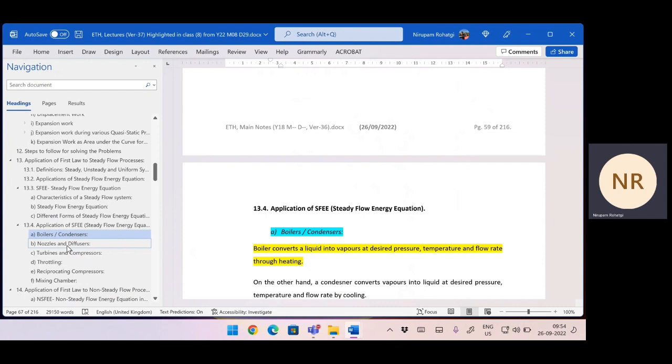you know why in a boiler you take work done as 0, why in a nozzle you are not talking about thermal energy. Kinetic energy comes in, but thermal energy we do not take in a nozzle. So you can remember it once for all and you can do it. So we will